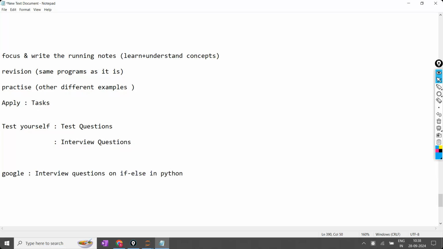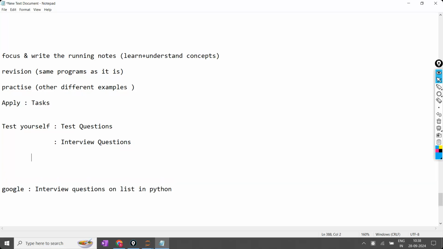Now you will get topic-wise interview questions. In the topic only, interview questions you will get. You just have to write the topic here. For example, if you want to check the interview questions on list, type here only list. If you write only Python, you will get overall Python. Topic-wise, list, tuple, set, dictionary, like this you write separately. This is one way to test with interview questions. Second,